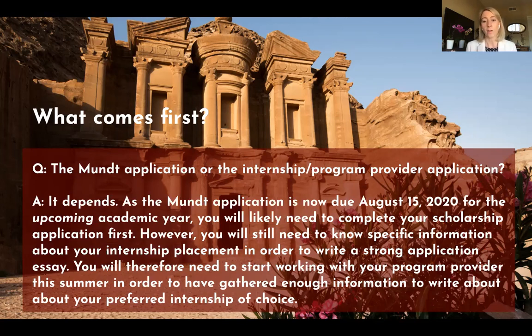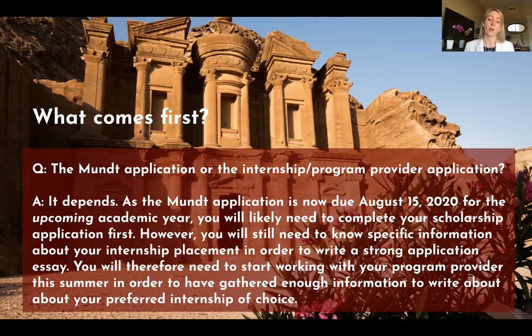And you can state that you have been working with so-and-so advisor to complete an internship in Vietnam at a local school or nonprofit. And the dates are from this date to that date, so that we can tell that it's definitely at least 8 weeks, but you're still waiting for final placement. We understand, the committee understands, that you can't possibly know where you're going to be placed. You likely won't know where you're placed until probably a month before you depart for your country. So those very specific details won't be available, but you at least need to state what type of internship, the type of work you will be doing.